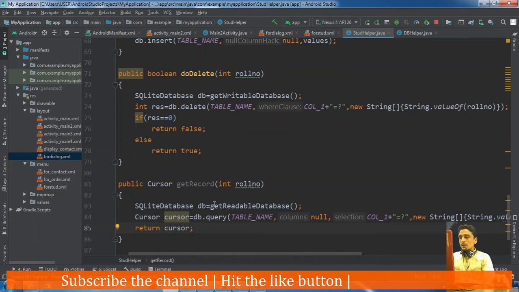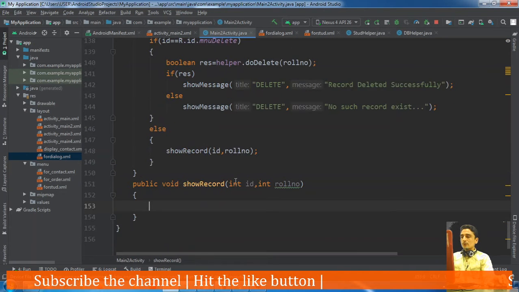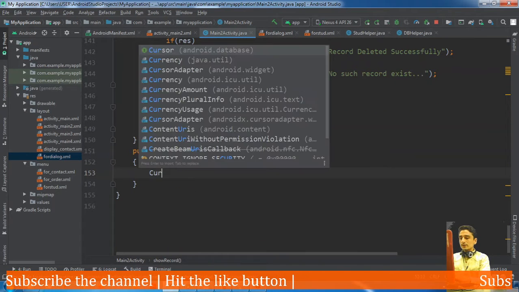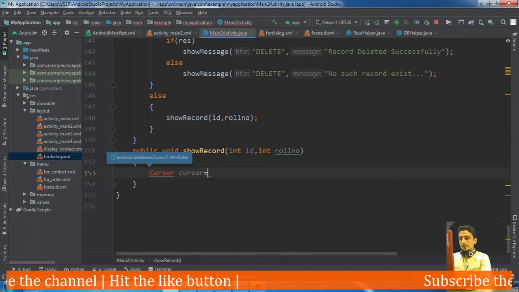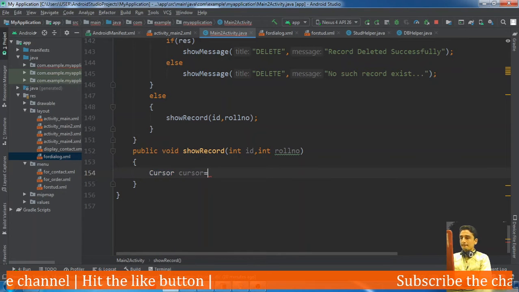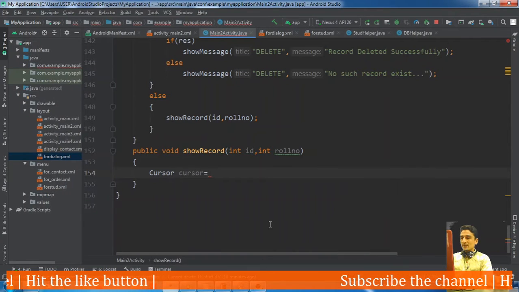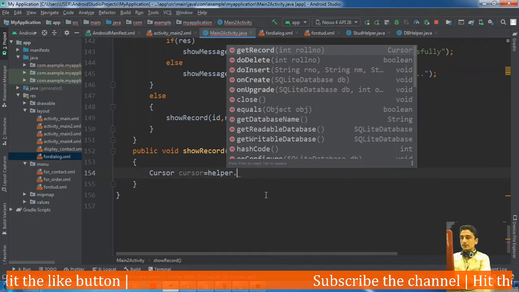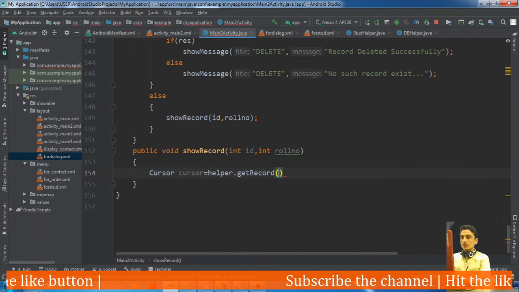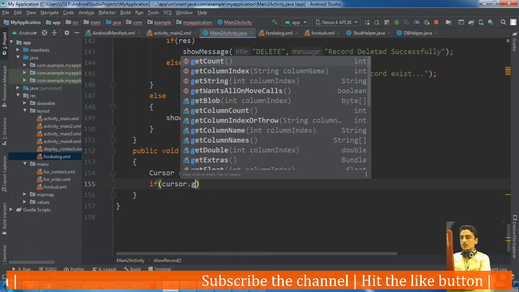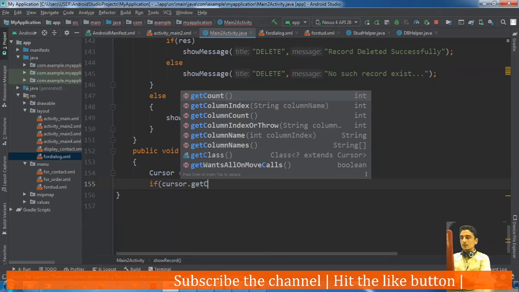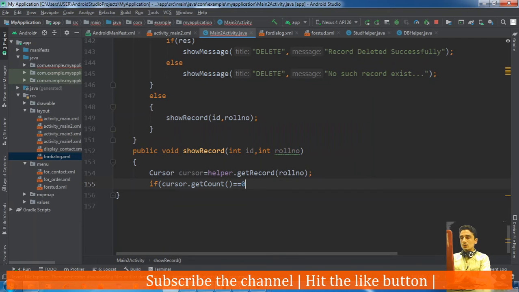Okay, now this method will be called from this activity. For that we need to define a cursor here, cursor equal to helper.getRecord with the roll number. Okay, we will check whether such a record exists or not. cursor.getCount equal to 0.